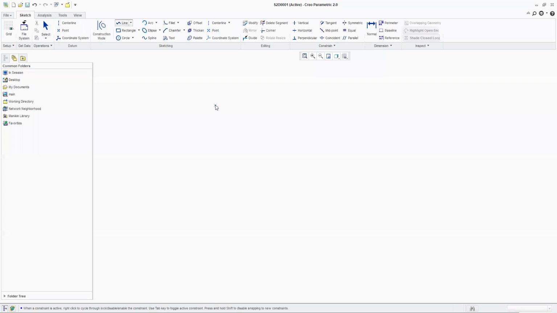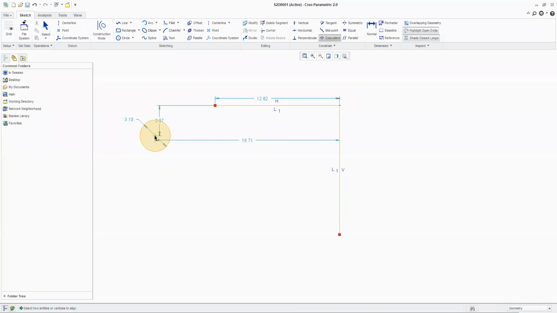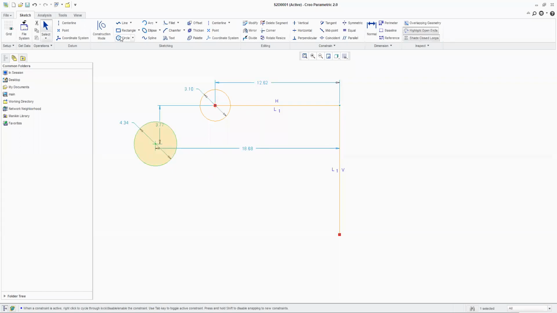Coincident. For example, I have this line with me. I have one more line with me. I want to make these 2 points coincide. So coincident, I will click on this point and I will click on this point. So the 2 points are made coincident. I can have something like this also, guys. For example, I have this circle with me and now I am saying coincide. This point I want to coincide with this point. So this can be done. Also, I can give you one more example. I have two circles with me.